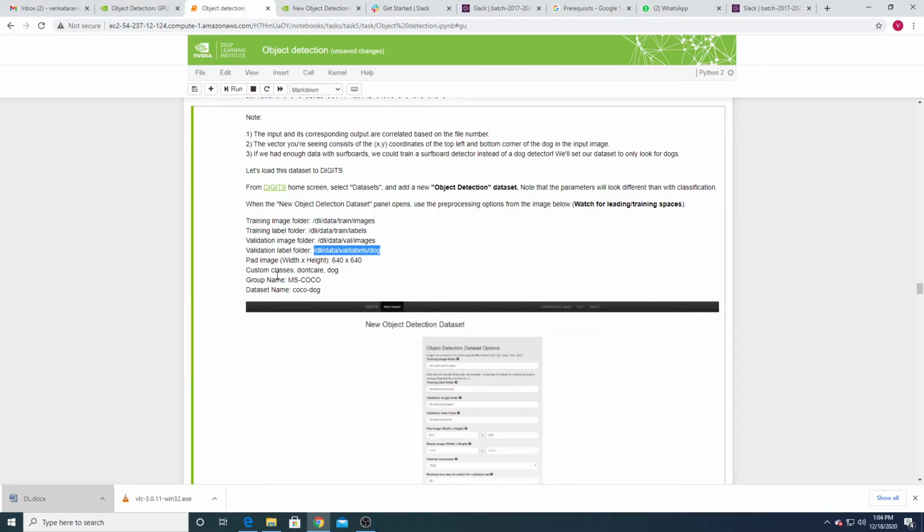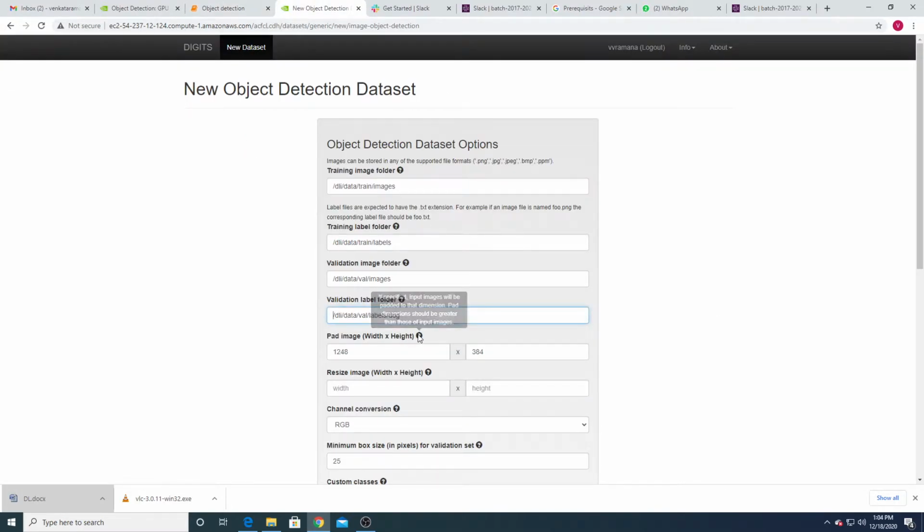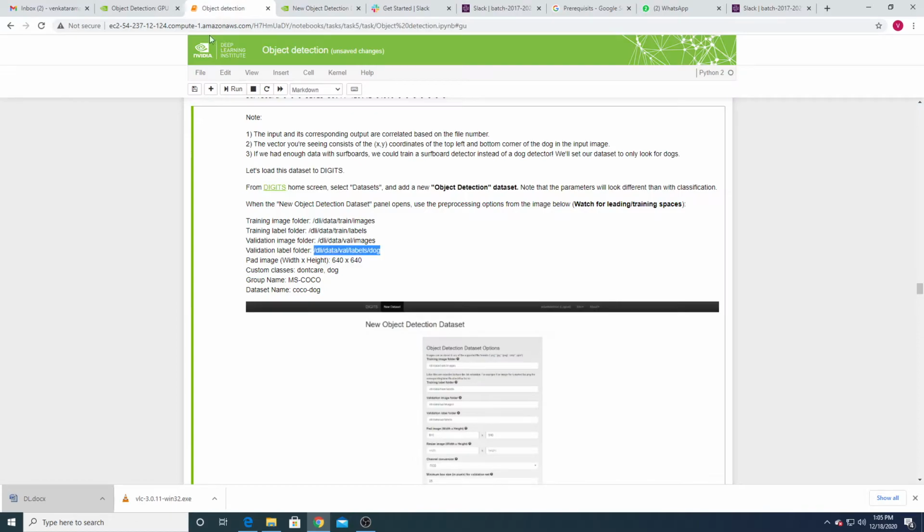What next? Pad image 640 by 640. So we have to make all the images, irrespective of the actual size of your image, 640 by 640. Okay. And next is custom classes: don't care, dog.